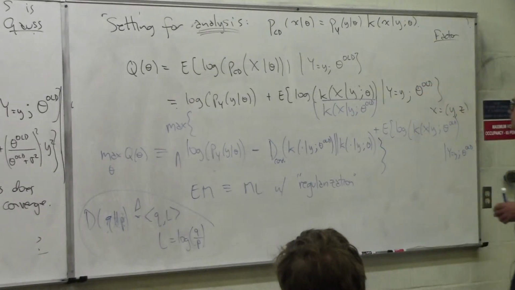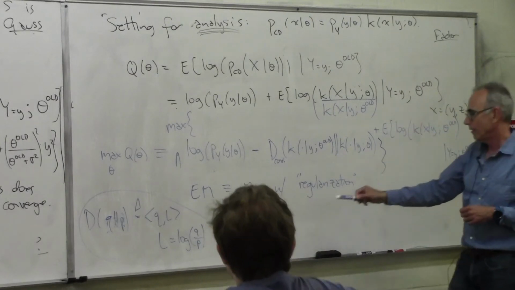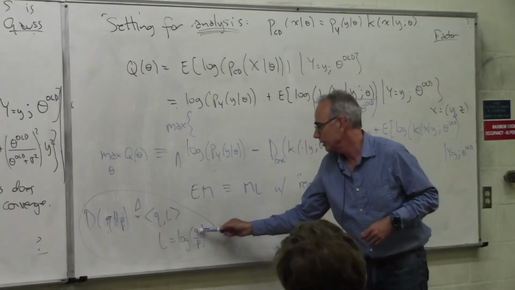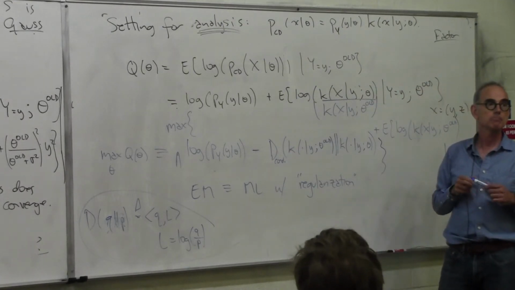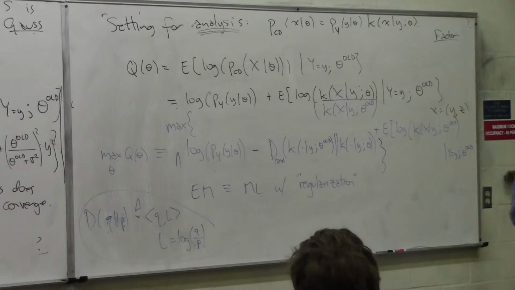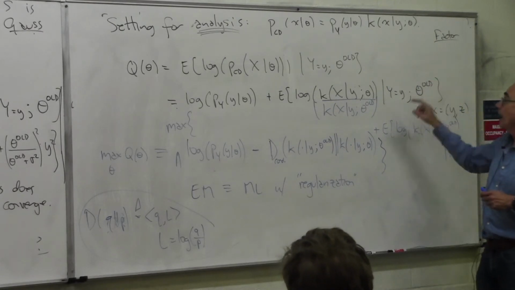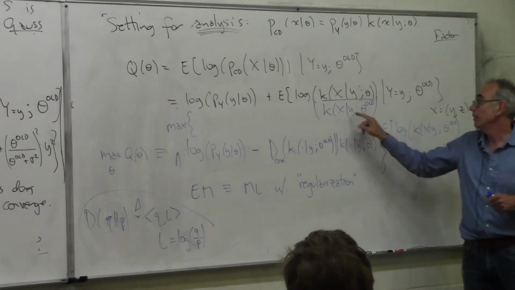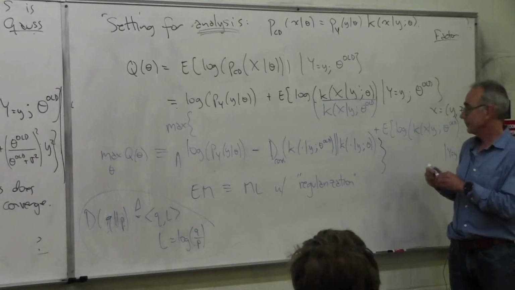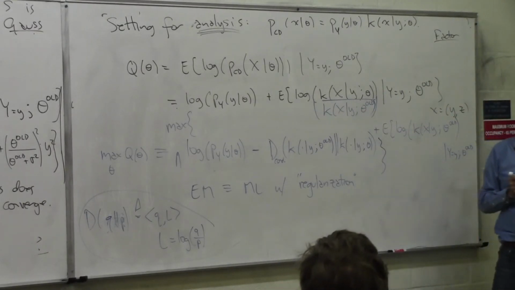And here I'm taking an expectation, and if there's a Q there, I'm supposed to have a Q on top. That's not on the top, and that's why I have to have a minus sign to flip this around. This just means I'm taking the expectation of this. I'm assuming X is distributed according to the distribution with theta old. So that means this is reality. X's conditional distribution is precisely given by that.